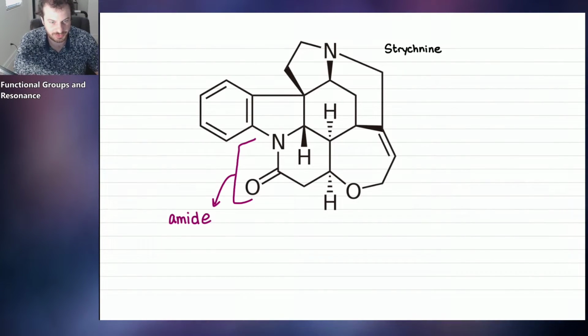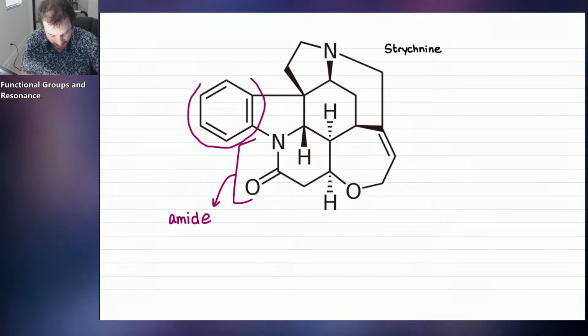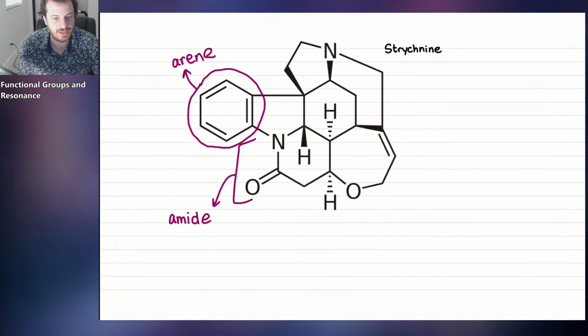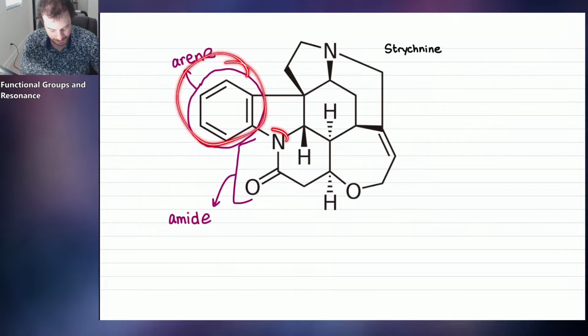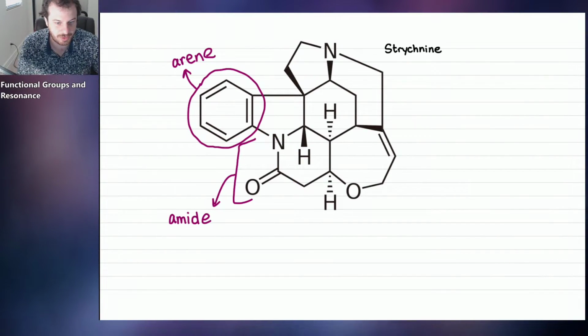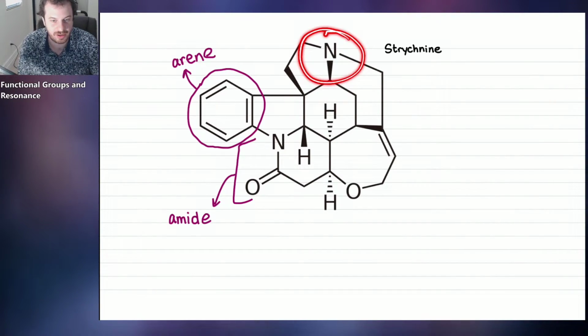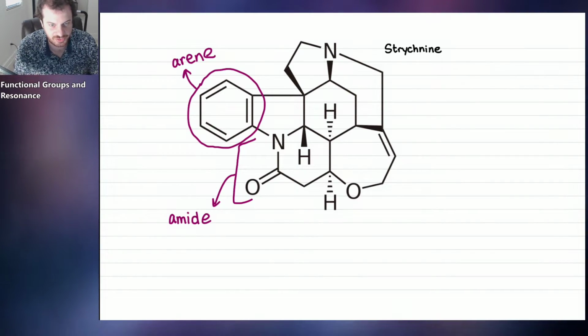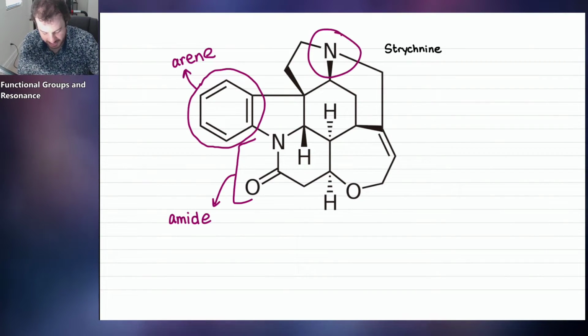What other functional groups do we see in this molecule? Well, we see the ring, the benzene ring, the 6-membered ring with the 3 double bonds inside. What did we call that? That was called arene. And so we're kind of identifying the body parts of this molecule. Like this might be the nose and this might be the eyes. And we're just recognizing these body parts in this compound. What about this nitrogen up here? So remember, nitrogens can either be part of amides or amines. Is this nitrogen next to a CO double bond? No, it is not. So this nitrogen here is going to be the amine.